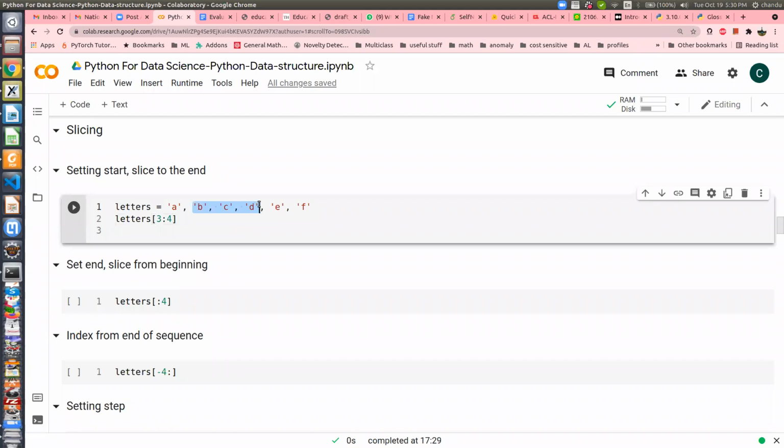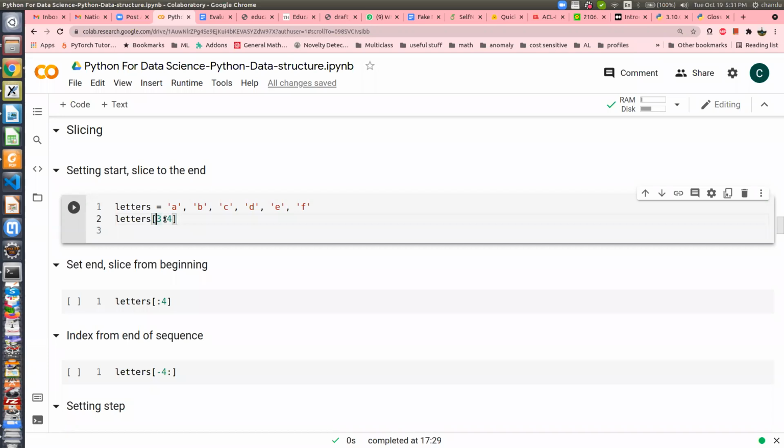I hope everybody is familiar with a slice of pizza, right? You get a fragment of the pizza. Similarly, when you slice a list, you get a fragment of the list. This is the square bracket notation.